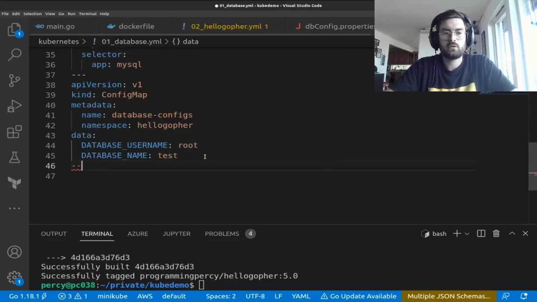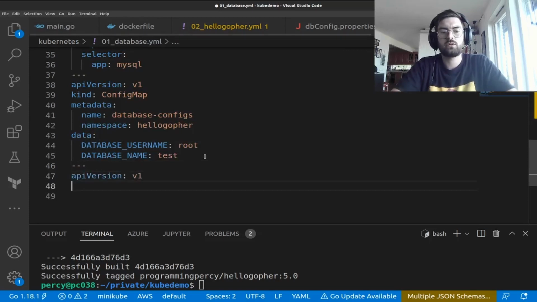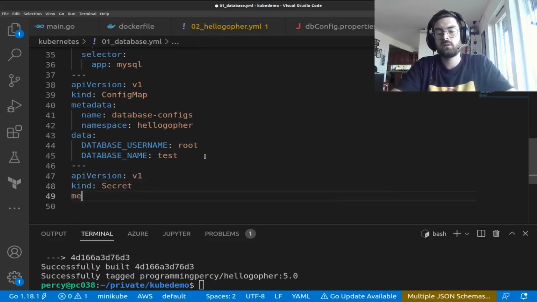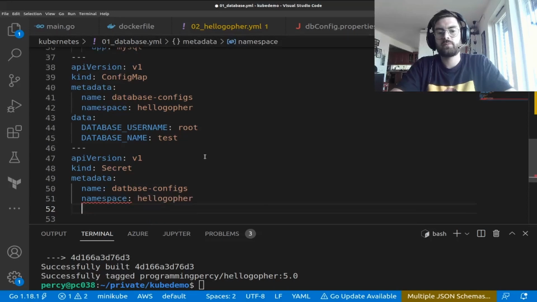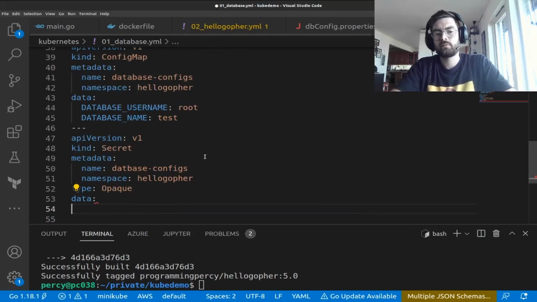We can go ahead and do a new object, API version 1. The kind is a secret, and the metadata should be the same. Database configs and namespace hello gopher. The type should be opaque, and the data should be database password. Again, this serves as a